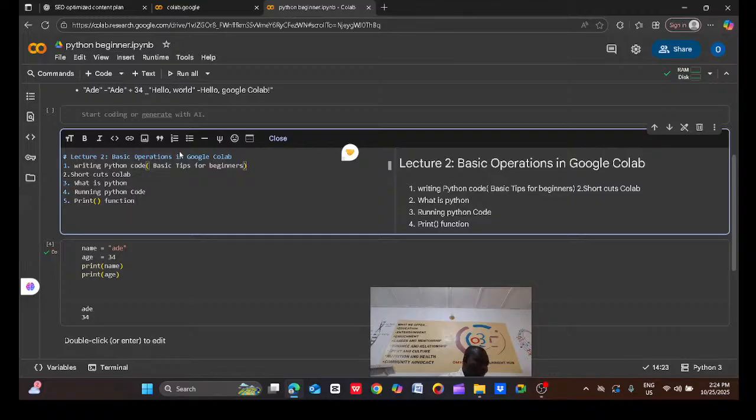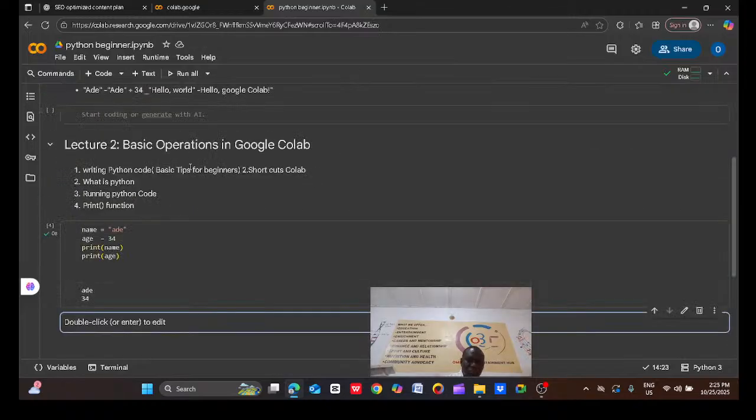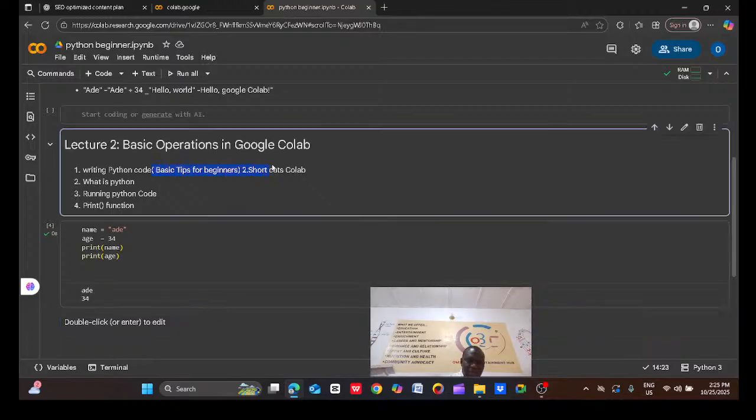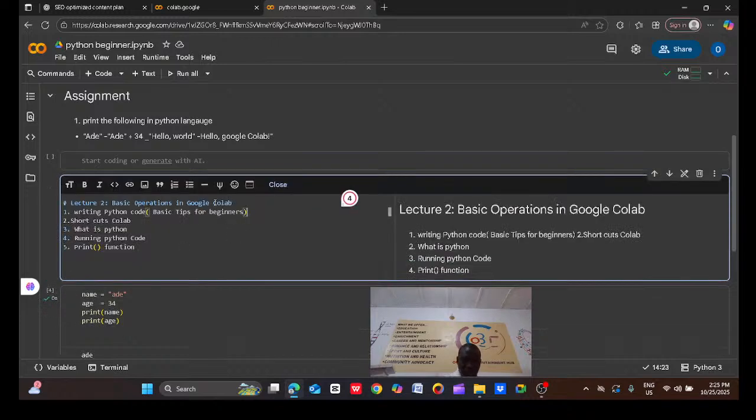So the first one is we will look at basic tips. Let's under that just copy this up to this level. Some of these basic tips we will look at under that: what do we mean by markdown, markdown for notes.